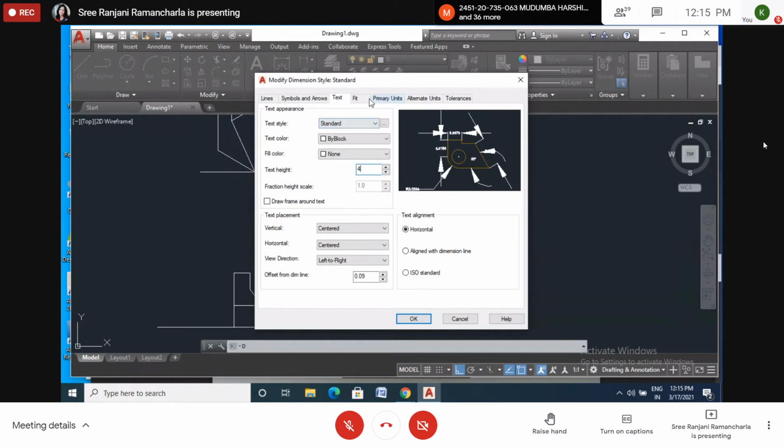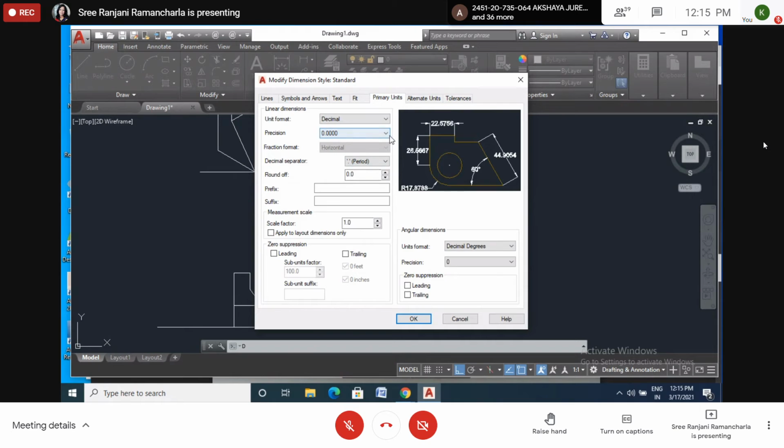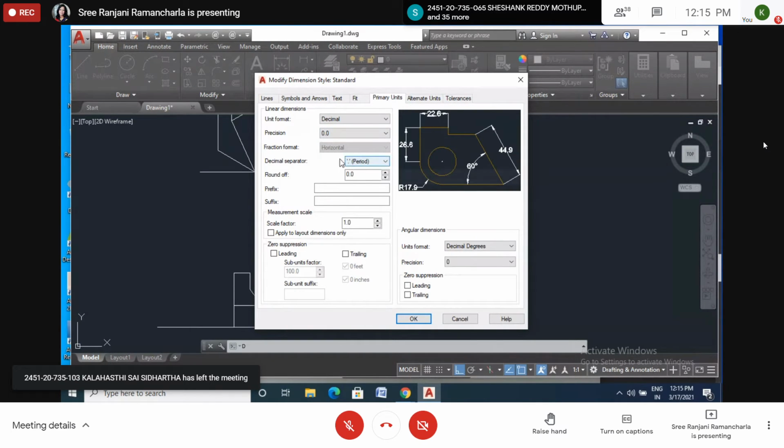Okay. Now primary units. See here, precision I want to change. This is the period. And what else? Decimal degrees. Okay. Everything is changed. Okay. Now next. I want to change lines also.